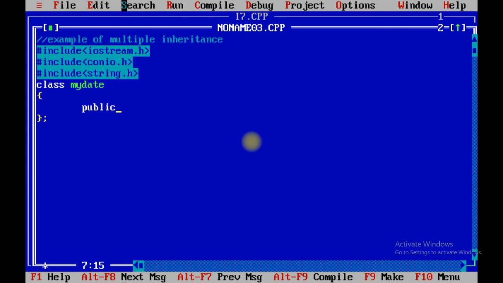Inside the myDate class, I am going to take one date pointer variable. The myDate constructor contains the initialization of the date in string order, that is 1-1-2020. I am going to create one more class called myTime.